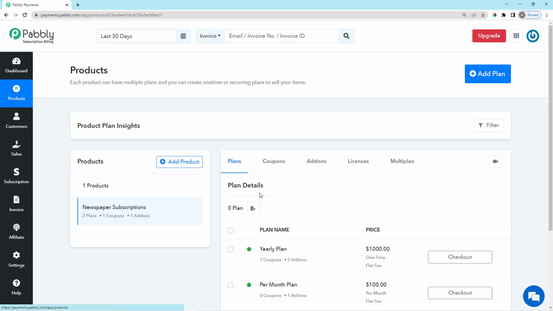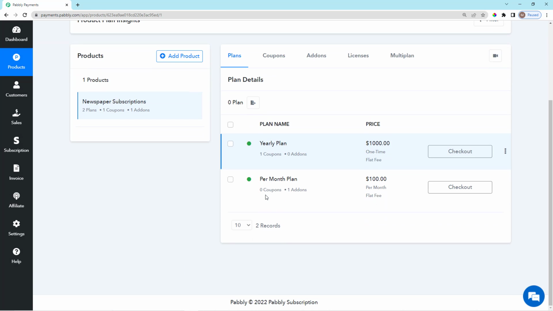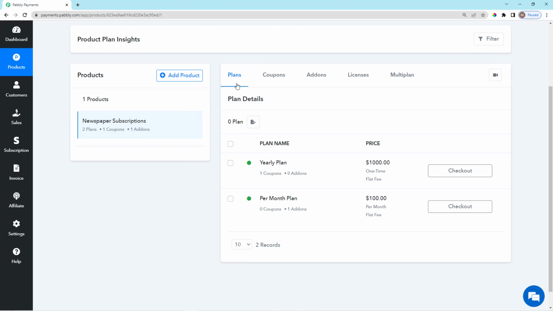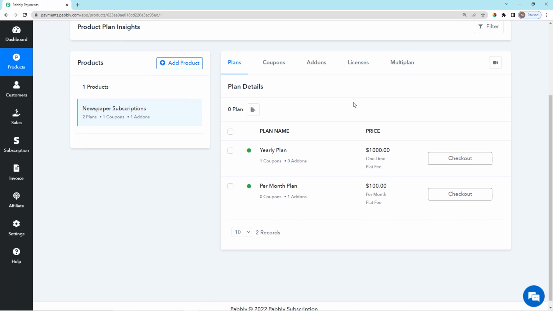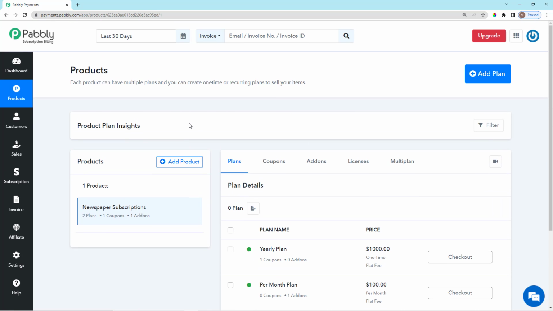Now we'll go back to products here. What we have done till now, we have created different plans. We have added a multi-plan, we have added a coupon, and we have added an add-on additional service for our plan, and finally we have added licenses. Now after explaining all these terms, we're going to discuss other options, that is customers, sales, subscriptions, invoice, affiliates,